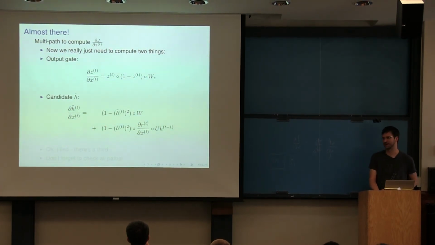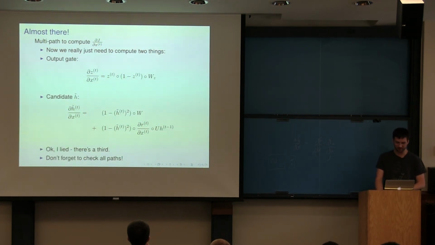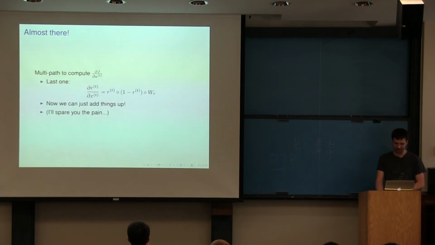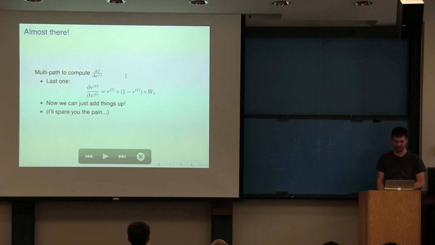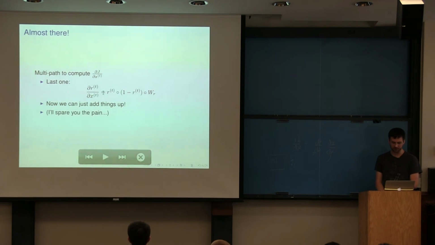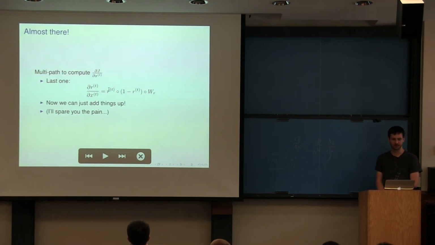I'm just not writing out diag of this because it's going to make these equations even longer. So yeah, turns out we need to compute this third thing. Fortunately, we've already done it for the output layer, and the reset gate, the output gate. The reset gate has pretty much the same form, so we can reuse this expression. So again, here's the derivative of the nonlinearity, and then here's the matrix to go through those in that order.